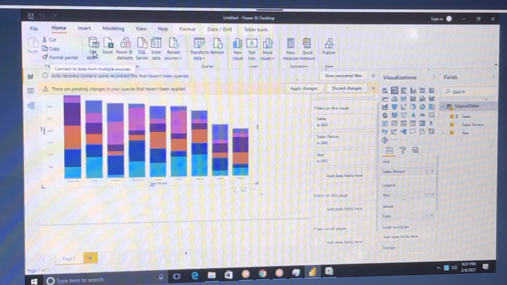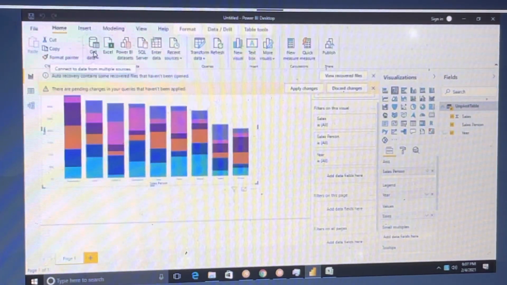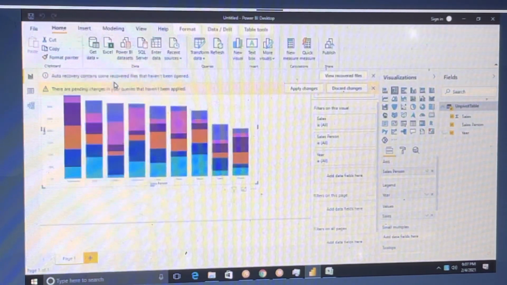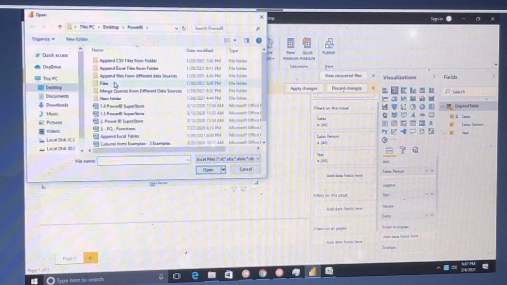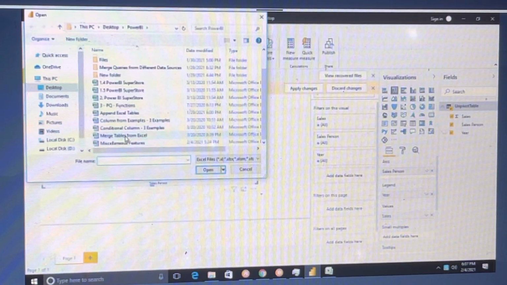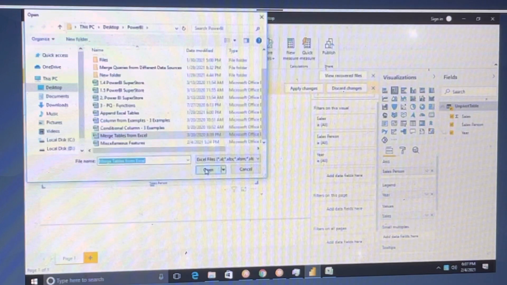Click on get data and click on Excel. Okay, so now where is that file? Match tables from Excel. Click on OK.